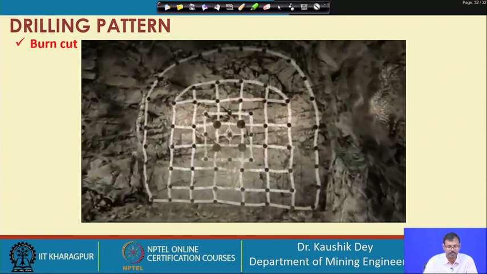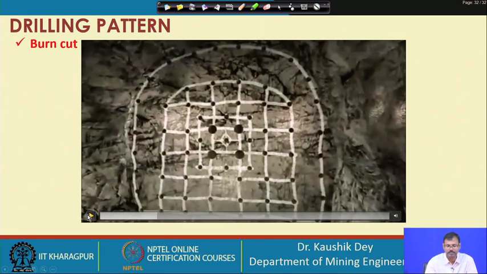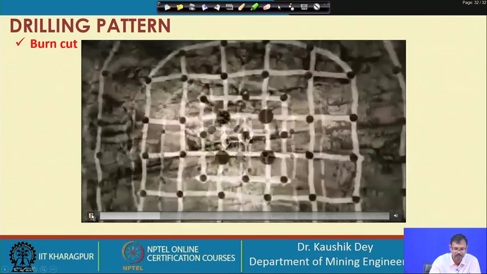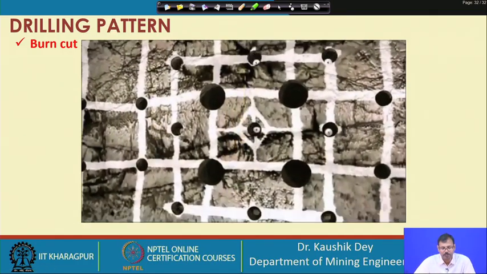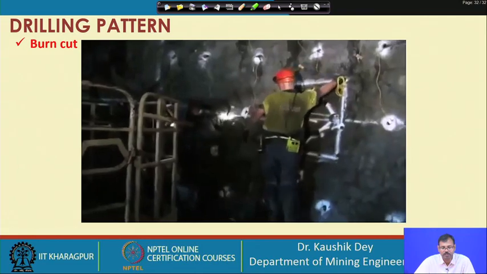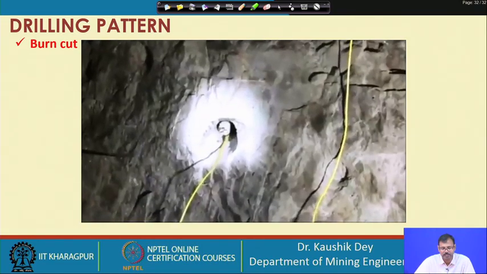So, in this video there is a little bit modification. Let us see here what is carried out. A central charged hole is placed, which is surrounded by 4 empty holes. That means, this central portion of rock you may consider is surrounded by empty holes, which can act as a free face for that. So, this is the little bit modification of what we have discussed in the last slide. So, you can see the first hole is charged, but the empty holes remain uncharged. This is practically how it is being carried out.